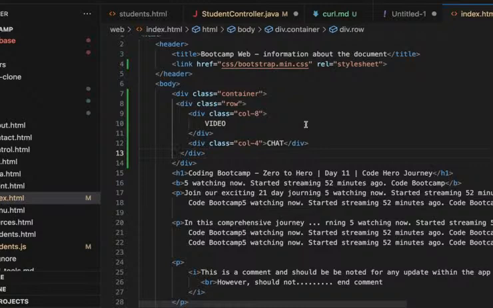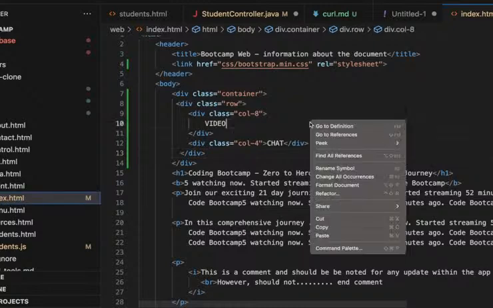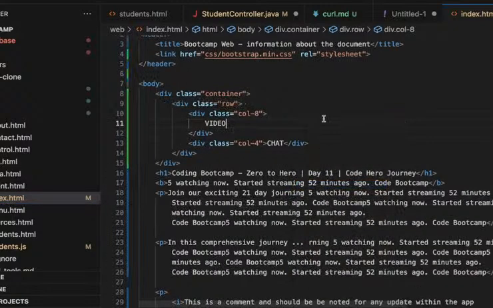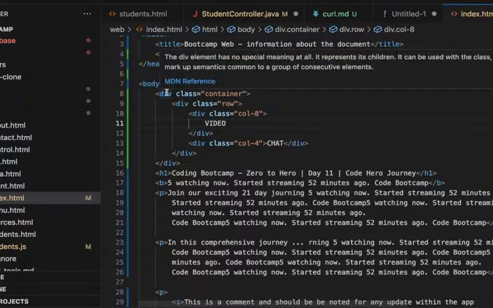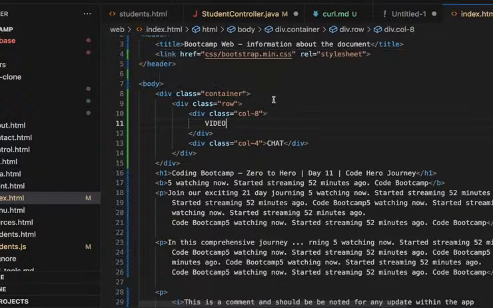So we have the container class, which is the outermost div. The outermost div contains the container, and then inside it we have the row. Then we can duplicate this by having multiple rows. Let's say we are starting with a single row,